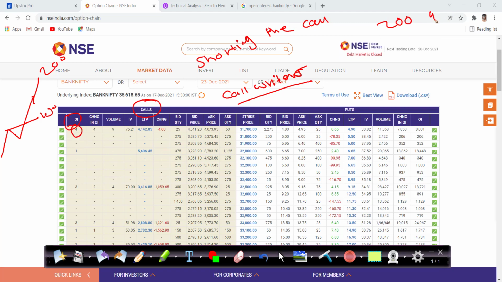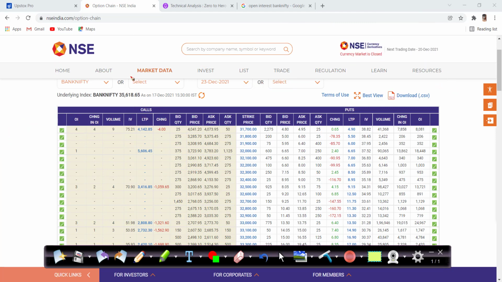That means 4 people are interested in selling that call instead of buying it, at 200 rupees, expecting the market to move downside. That is the logic behind calls and puts. Call writers are those who are selling the calls, and put writers are those who are selling the puts. Hope you got my point.